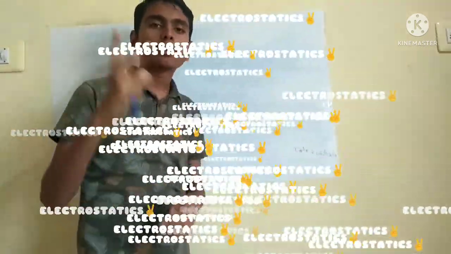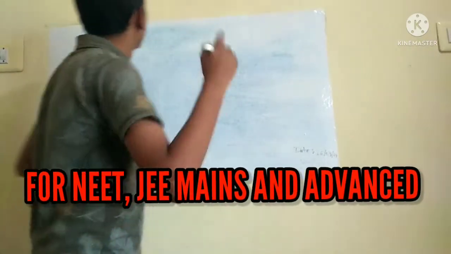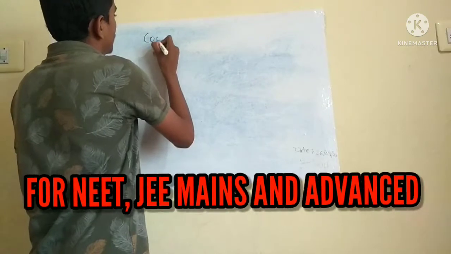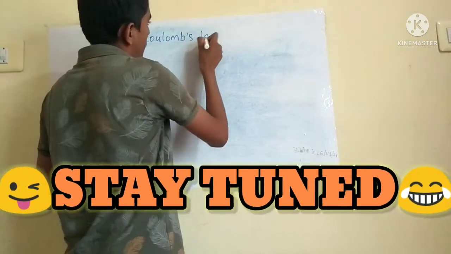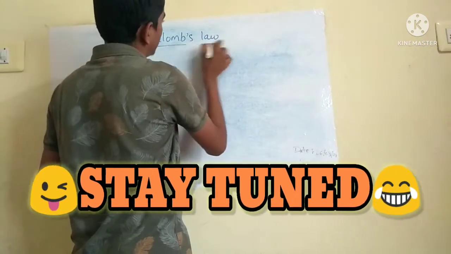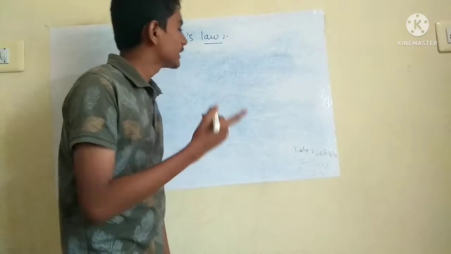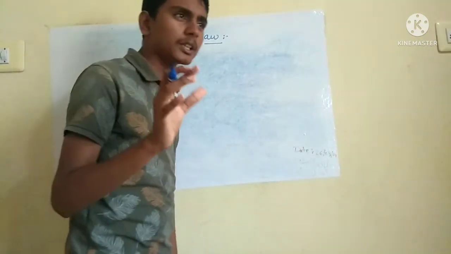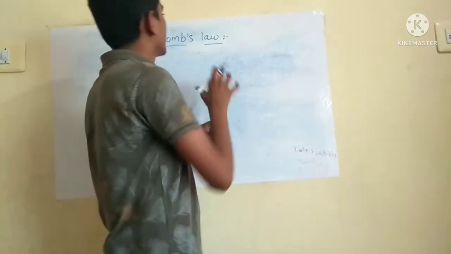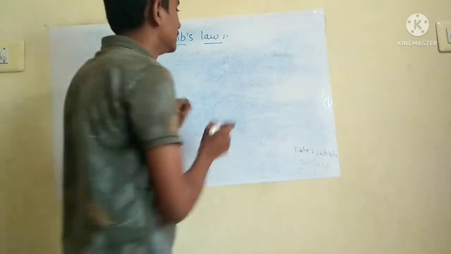In lecture number 1 we have discussed about charge, properties of charges and methods of charging. Today we will start with Coulomb's law. Coulomb is a scientist who stated something about the behavior of charges when they are separated by some distance. That statement is considered as Coulomb's law. What he said, now let's discuss.